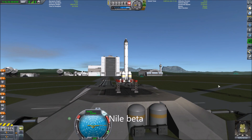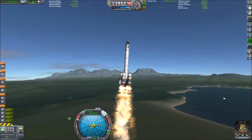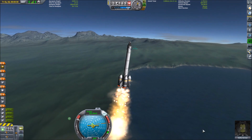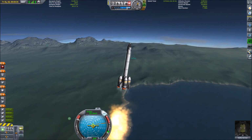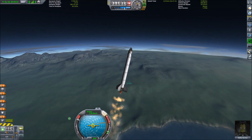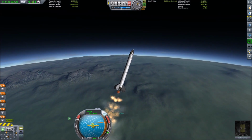And now it's Malfry-Kerbin's turn to make history and be the second Kerbal in orbit, flying on the Nile Beta. I figure, if for some reason we have to make a bunch of these, we'll end up with the Nile Delta, and that'll be funny, because that's a place. Anyway, it's a virtually identical rocket with one small exception we'll get to in a bit,